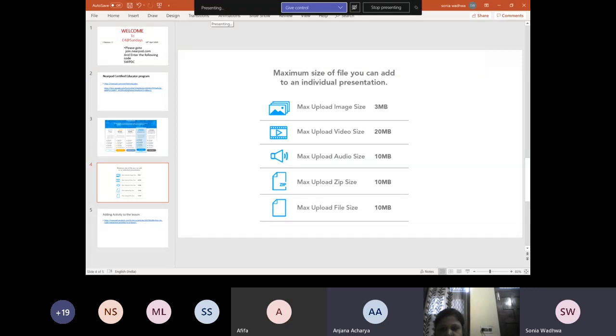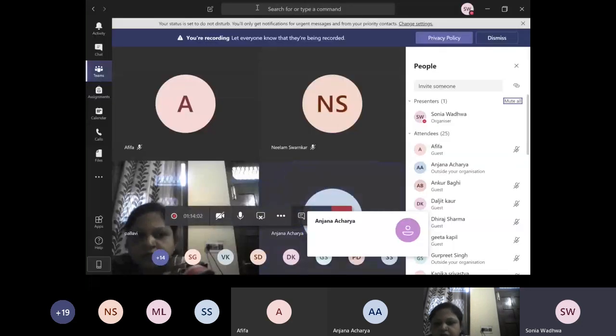I'm also taking this meeting on Teams, but I did the Nearpod lesson on Google and was sharing my screen from Teams. Any other platform can come to Teams by using the screen share option. You open any third-party software and then share your screen through Teams. This particular Nearpod lesson, I was running it through Teams because I shared my screen. Whatever is on my screen, you will be able to see. So the meeting is going on through Teams, but the lesson that I designed was in Nearpod.